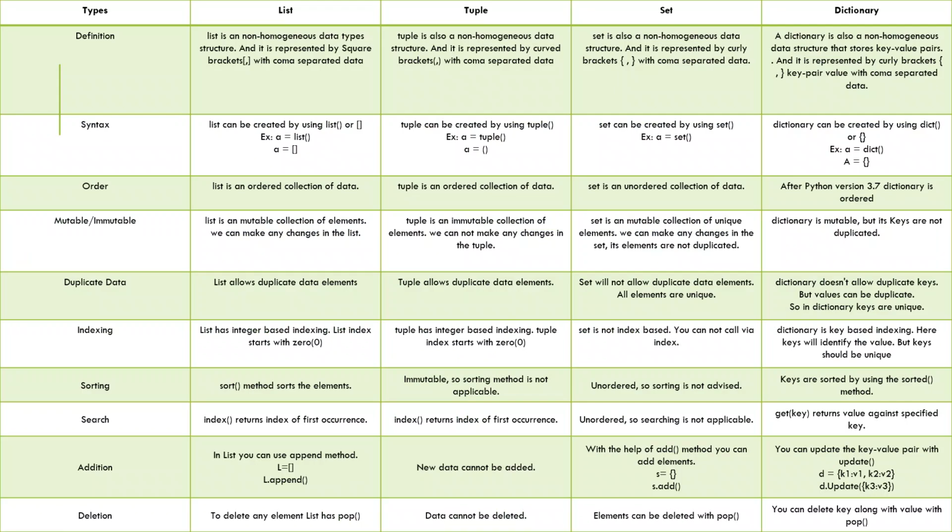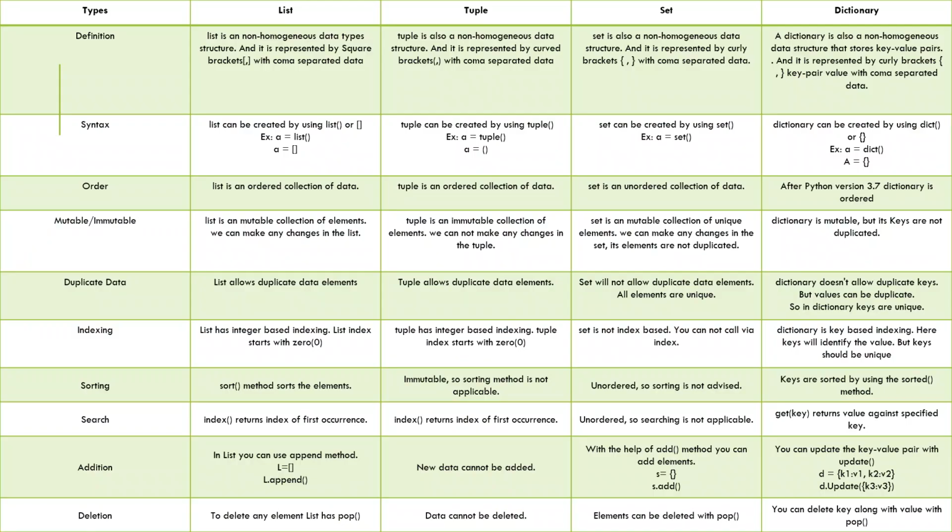So till now you have seen the definition, like non-homogeneous. All four are non-homogeneous, meaning they can accept any kind of data type element, and the syntax and the ordering. Now you will see mutable or immutable. Mutable means